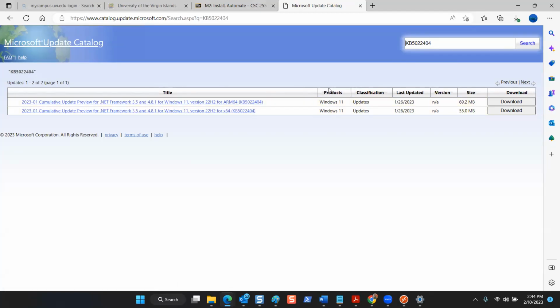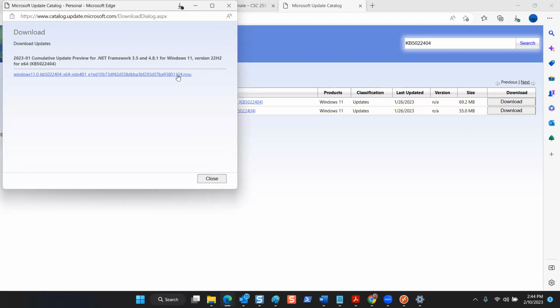Search. Yes. Oh, here we go. Windows 11 22H2 cumulative update. Oh, and it's only 55 megabytes, but it keeps failing. Download, download,